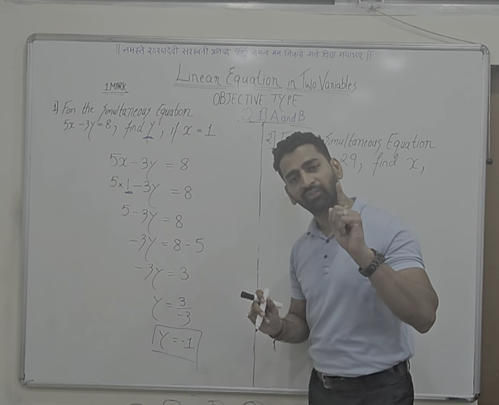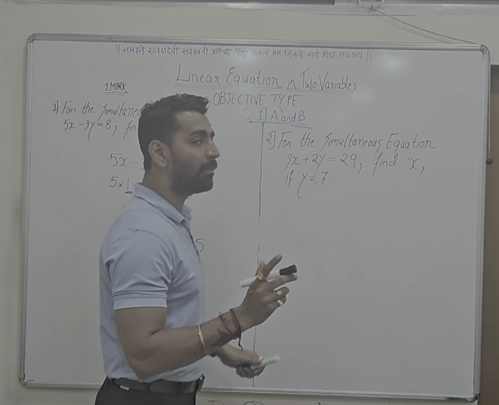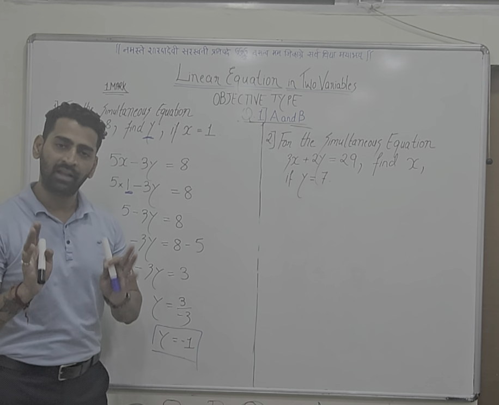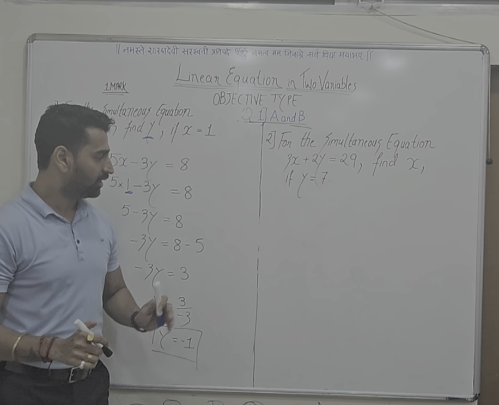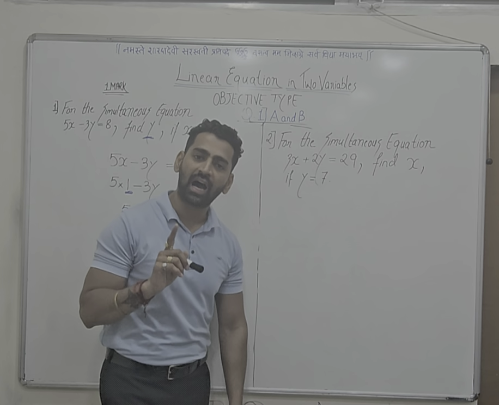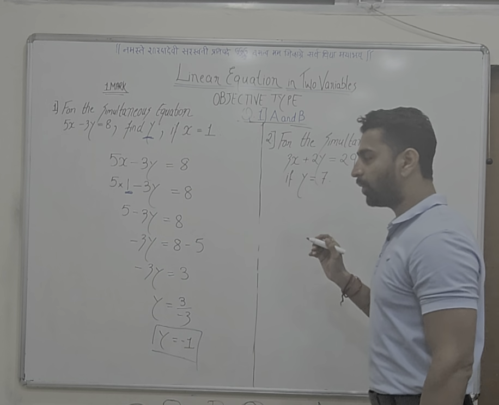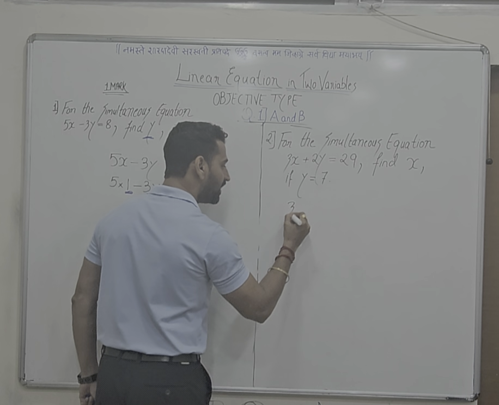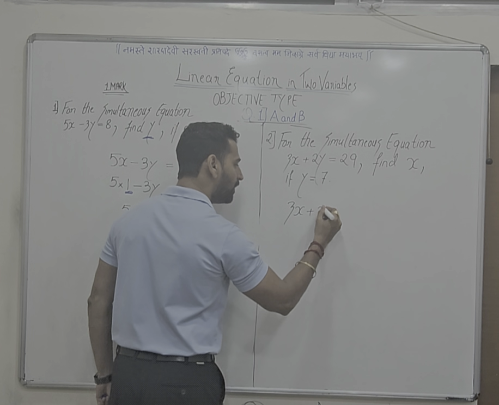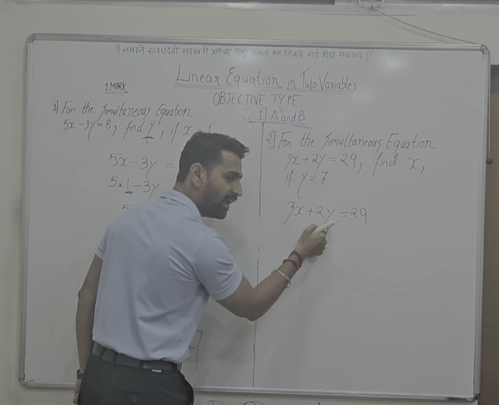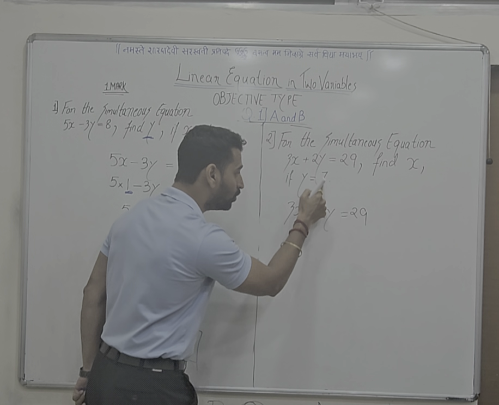The next question is of similar type. इस क्वेश्चन में बट हमें वैल्यू ऑफ x पूछा गया है और y की वैल्यू दी गई है. Method of solving is same. These all questions are being asked in your board questions of 1 marker type. Let's take the question. Question is 3x plus 2y is equals to 29, where in place of y we have to substitute its value 7.